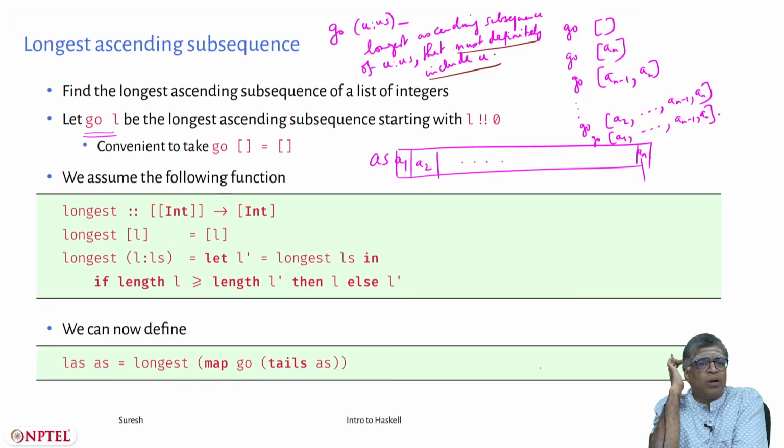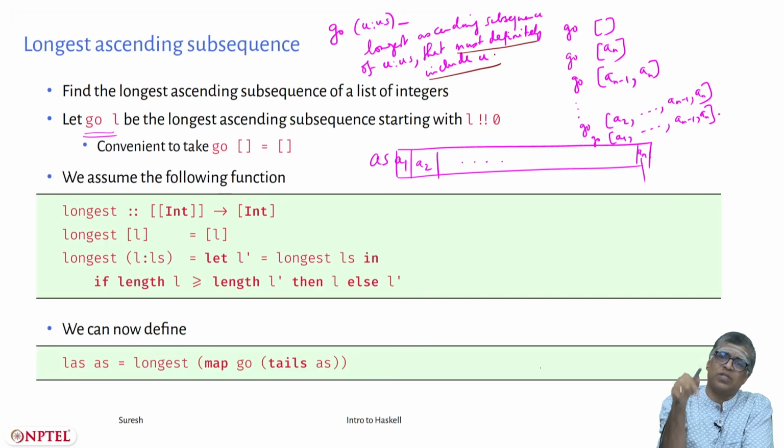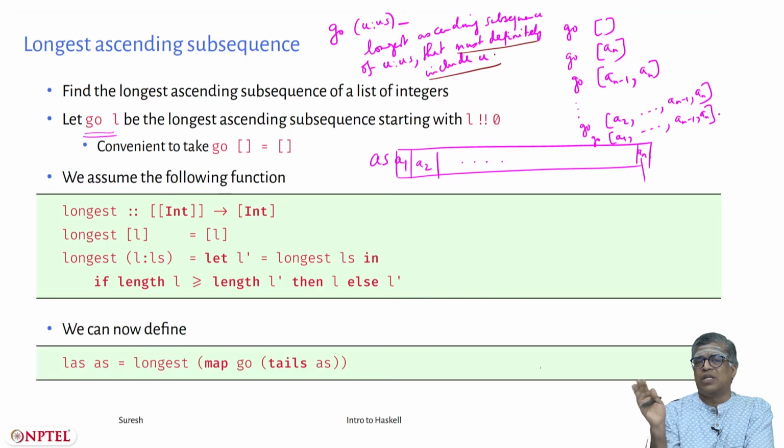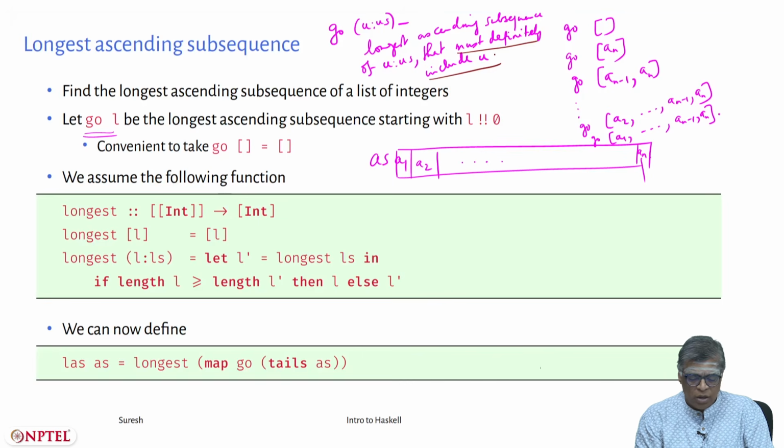right. So, I am computing for every suffix the longest ascending subsequence that must start at the first element of that suffix, and my longest ascending subsequence of the overall list is the maximum, the longest list, among all these lists. Because for the longest ascending subsequence I do not put any constraint on where it should start, but it has to start at some index I. If I have already computed the longest ascending subsequence starting with index I for every I, then I just take the maximum of those and that will be my answer. So, this I can do,